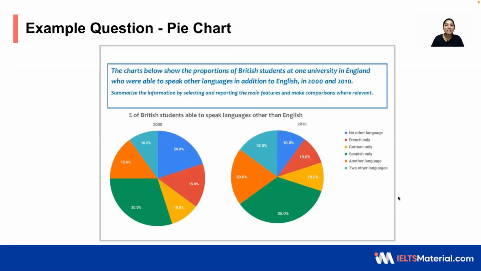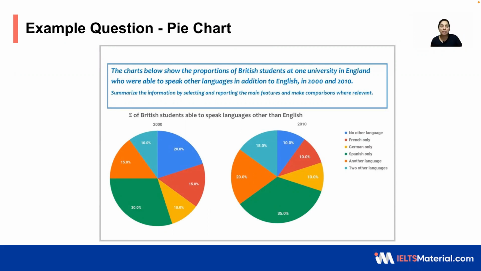The next one is pie chart. In the pie chart, you can see that there are 2 different circles having many different categories. These categories are generally described with different colors. It would become easy for you to differentiate each and every category and present it in your body paragraphs. You can make the comparisons.